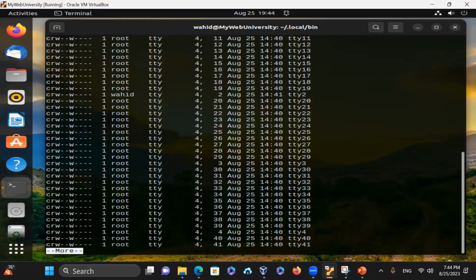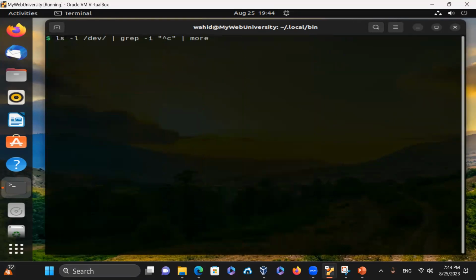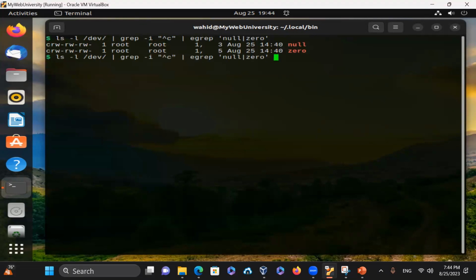And then if I just want to say, give me this, and then instead of showing me all of them, I could say grep, and I could say they're either null or 0. So now I'm going to just check on those two, dev null and dev 0. Let's talk more about dev null and dev 0 to show you how this is suppressing some of the information. So if I want to send that screen to a greater sign to dev 0, for example,